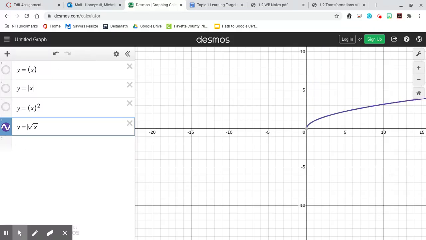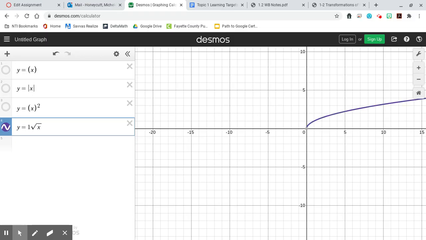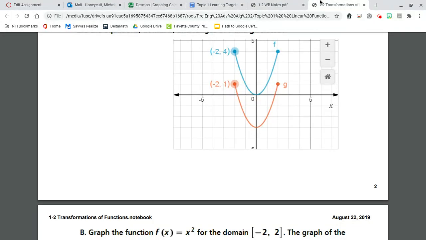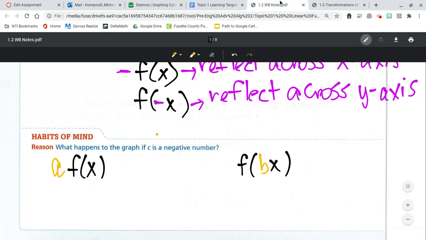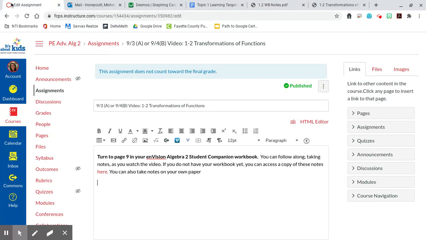Now, if that number in front is a fraction, it gets lower and lower, like 1/3, or maybe 2/3. Well, let's just go with 1/5. So those are called vertical compressions. So whenever you have a number being multiplied by your entire function, it's either a vertical stretch or a vertical compression. So it kind of depends on what number that a is. So if a